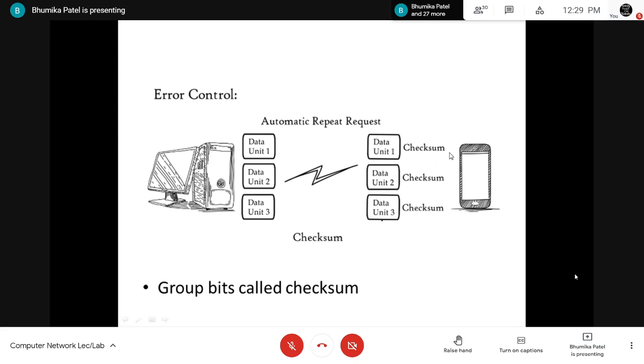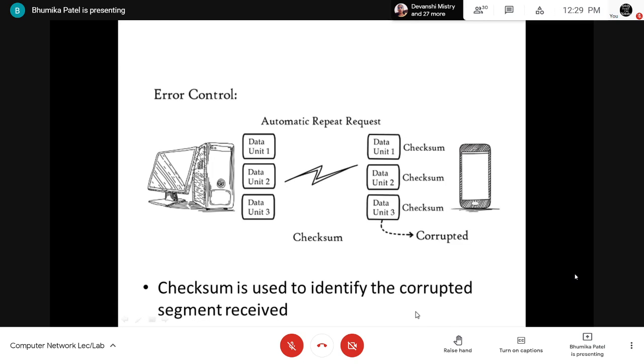Checksum. Checksum is used to identify which data is corrupted. With the help of the checksum, we can identify errors in the data unit, in this segment, to identify whether the received data packet is corrupted or not.